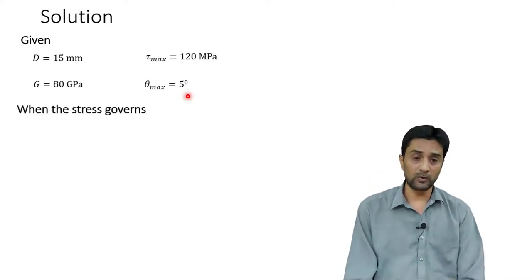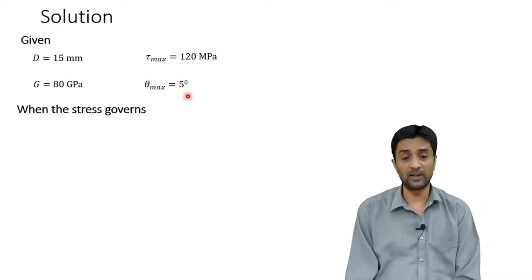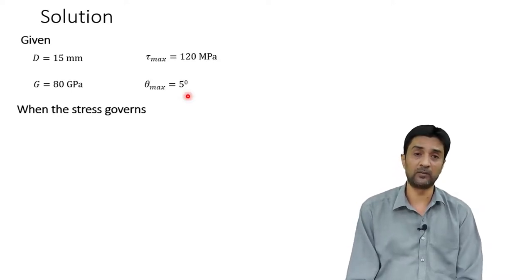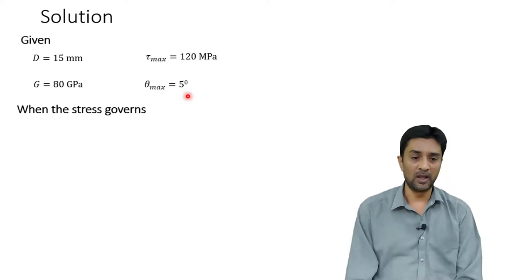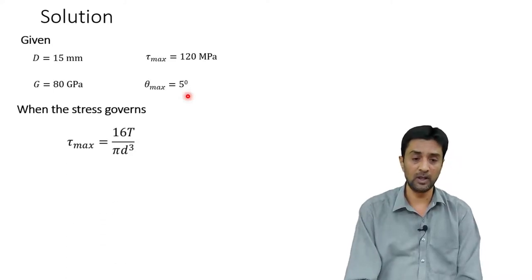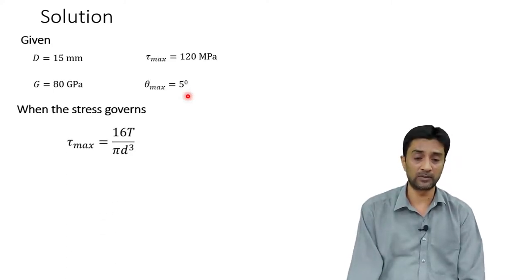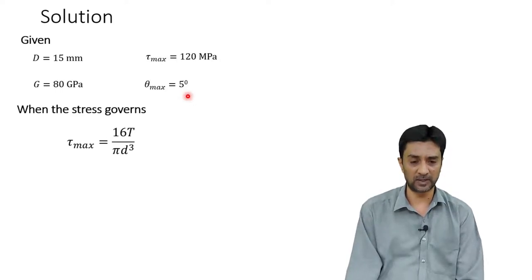So as you know, from the given information, two parameters have been specified. So we will see when the stress governs, meaning when you want the value of P that should not exceed a shearing stress greater than 120 megapascal. So the first thing that we are trying to specify is the maximum shearing stress. So when the stress governs, the formula that has been given to us is, we already know, the formula,